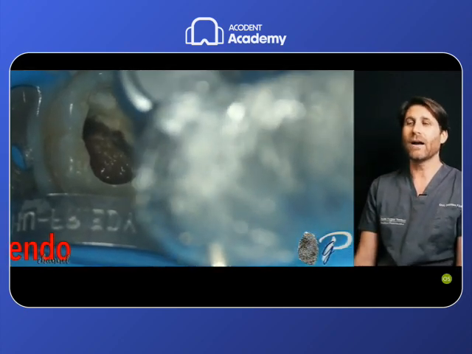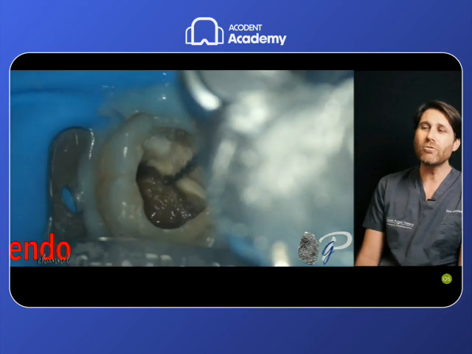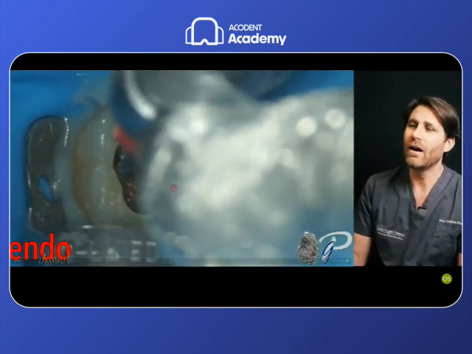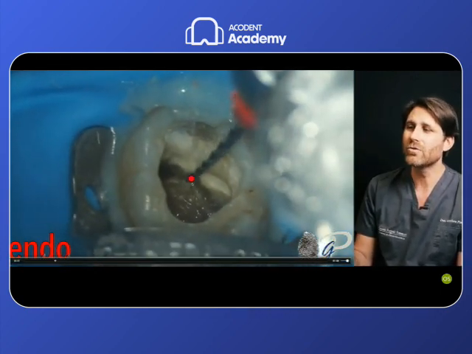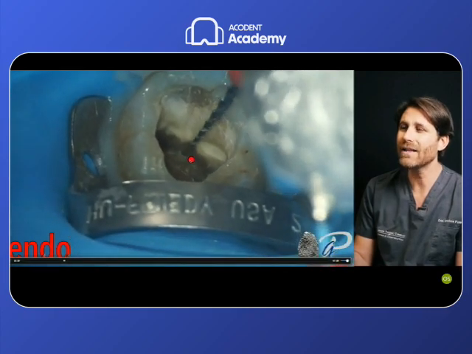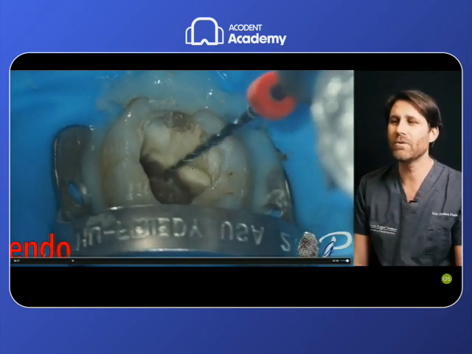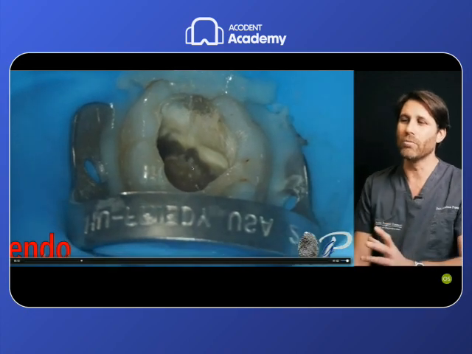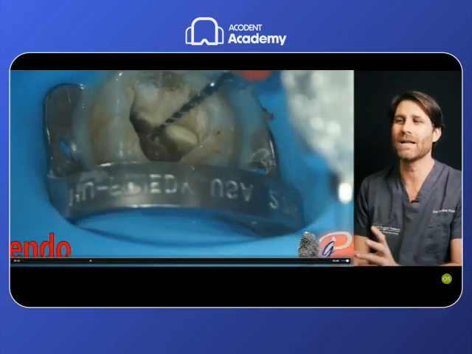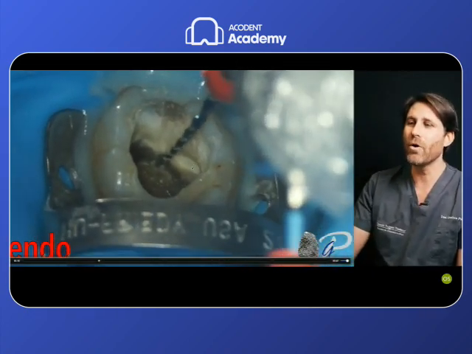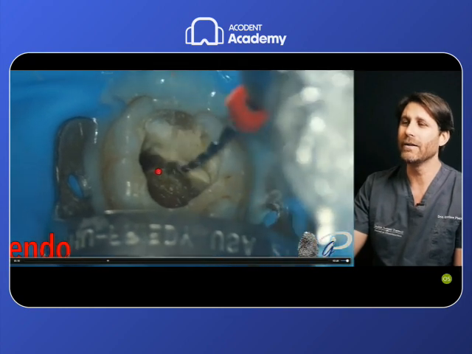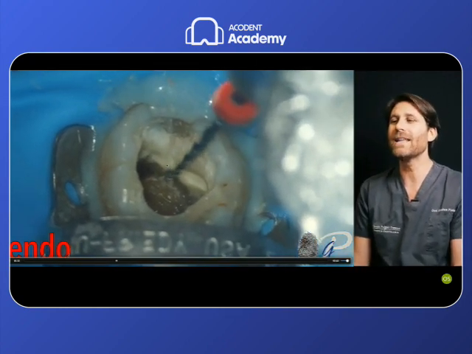And this is a clear explicative video of an unscoutable MB2 root canal after the orifice location. As soon as we find the orifice and we find the invitation, I use the tip of this file as a probe, as a mechanical probe, a probe in mechanical movement. This is like a probe. I go in the invitation of the orifice, and then I start the movement.